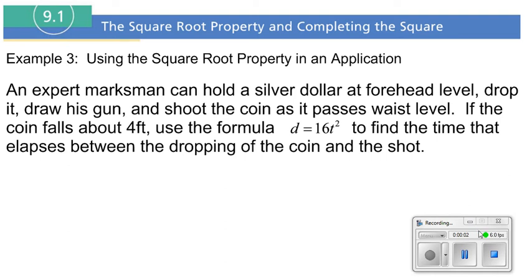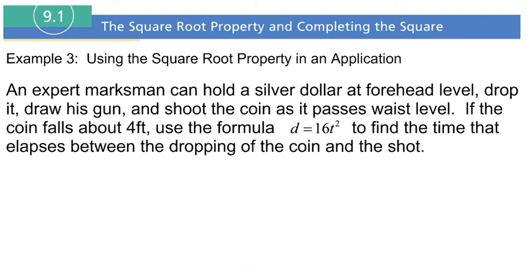All right, we're going to go on now to example number 3, which is an application problem of doing the square root property. So we have an expert marksman who can hold a silver dollar at his forehead. And then when he drops a coin, he can draw his gun and he can shoot the coin as it passes his waist level. Now, if the coin falls at about 4 feet, use the formula distance equals 16 times